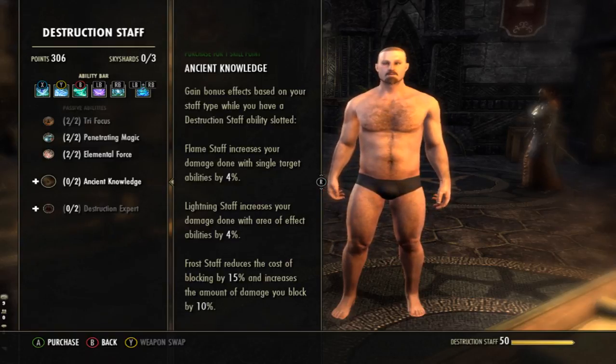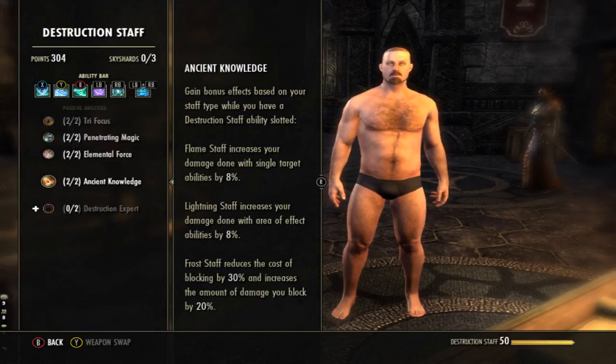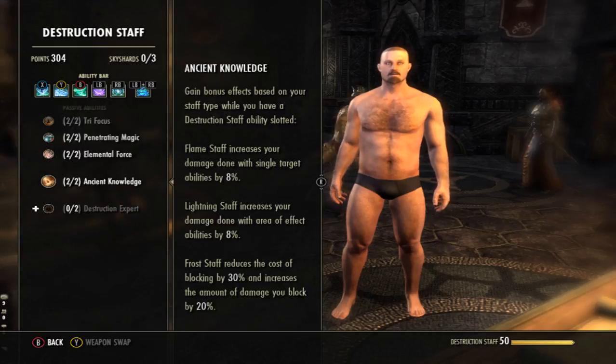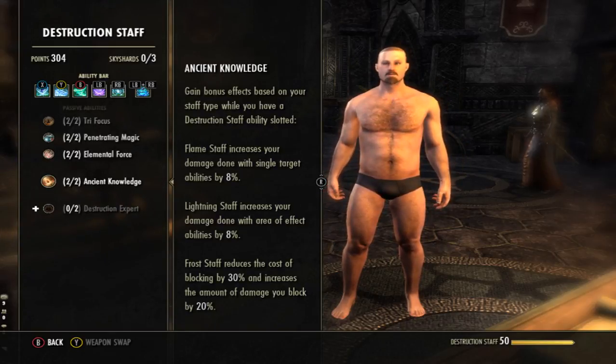This is more than the Sword and Board, right? When I unlock both of these, I'm getting a 30% reduction. For a Warden tank not to want to use a Frost Staff is crazy. You don't have to. You can go any direction. But if you're going to play PvE and you're going to play endgame and you want to reduce the cost,